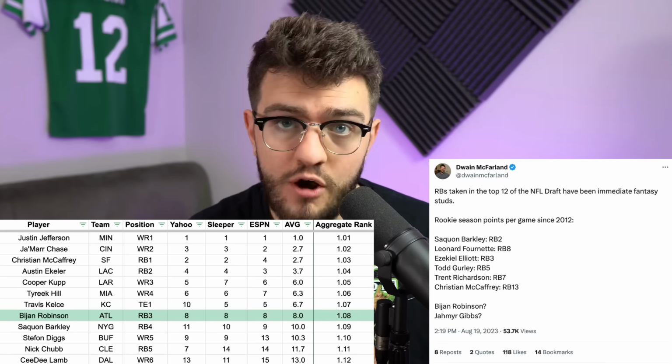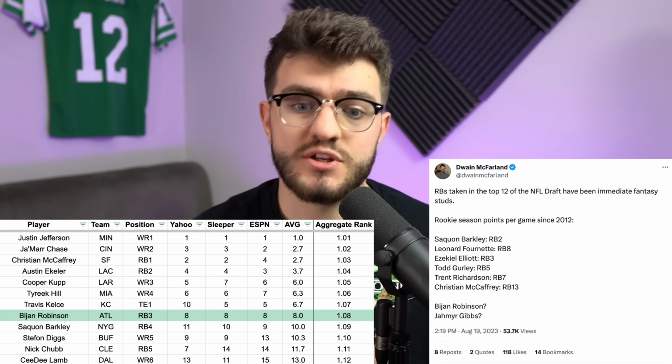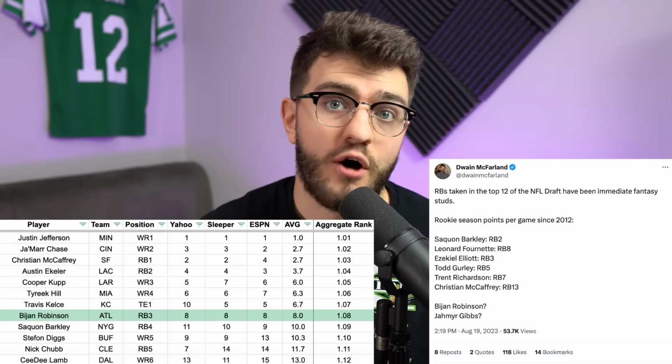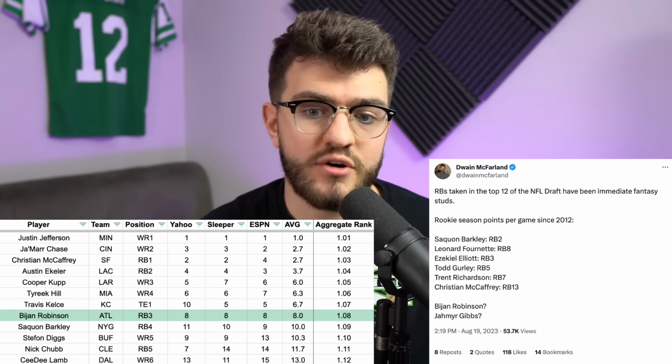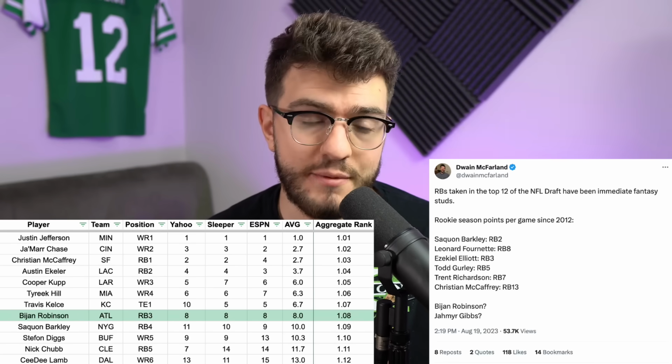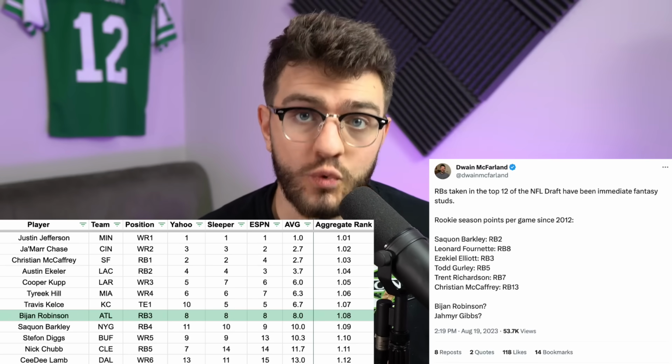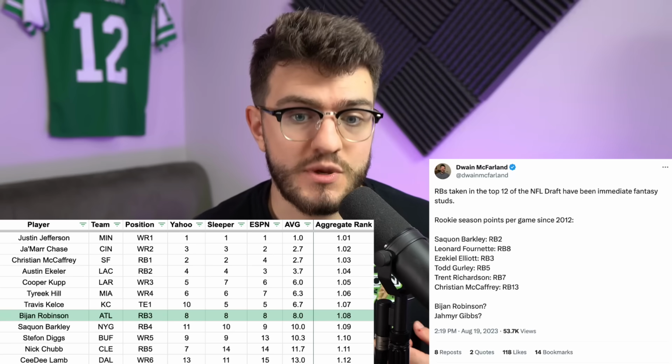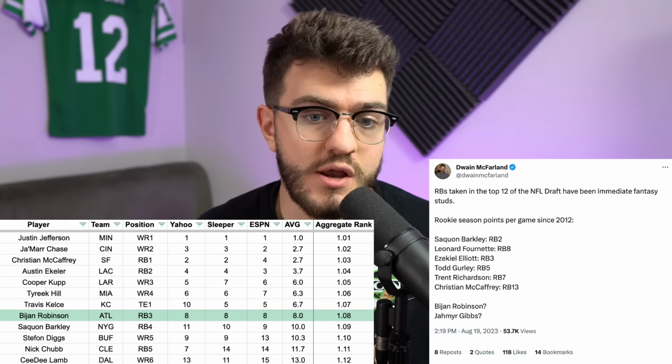He goes to an Arthur Smith offense that had a ton of success with Derrick Henry, but this time Bijan Robinson will be involved in the passing game much more than a Derrick Henry. The Falcons sneakily have the 10th best offensive line on Establish the Run, and Arthur Smith has had really efficient run games in the past. To me, Bijan Robinson is my biggest target in round 1.